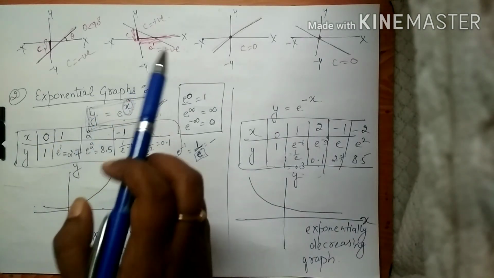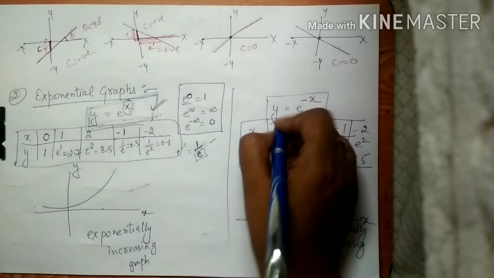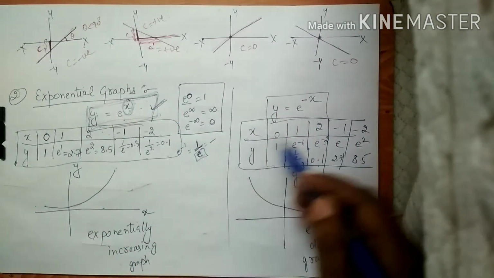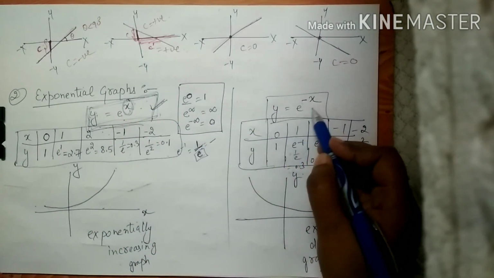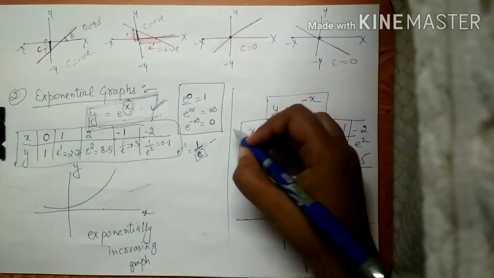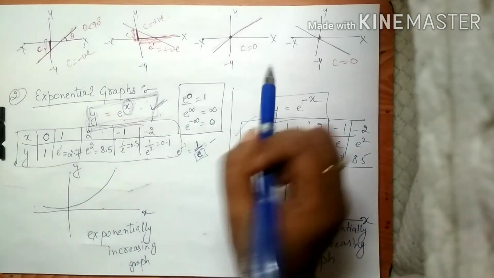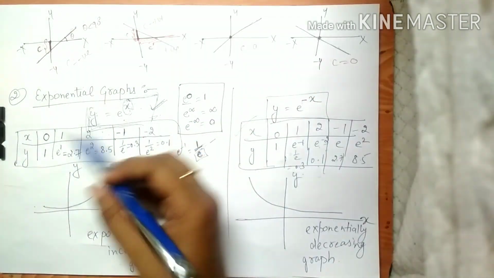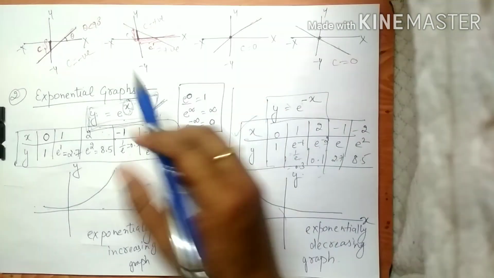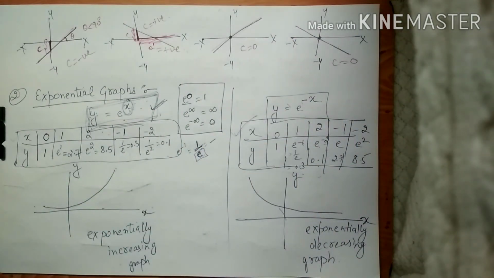And for exponential graphs, what you have to see is what kind of equation we are getting in the question. If you're getting an equation of the form y equals e to the power x, then the graph will be exponentially increasing like this. And if you're getting the equation y equals e to the power minus x, then the graph will be exponentially decreasing like this. These are the calculations we have done to understand how we find the graphs, but this is not important for further use. Just for understanding purposes, I have shown you these things. So basically you have to remember these two things, and how to find out the intercept and the slopes, what is the equation of a straight line, and everything of that sort.